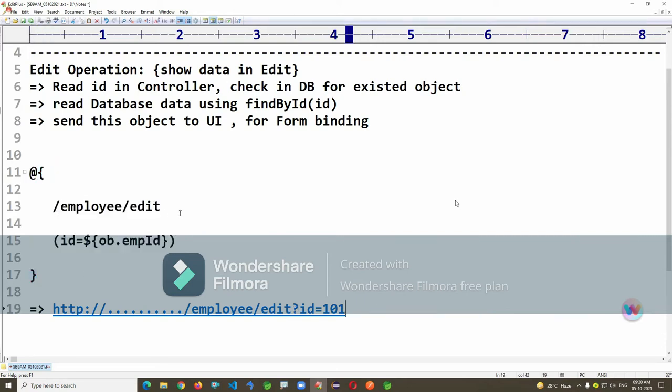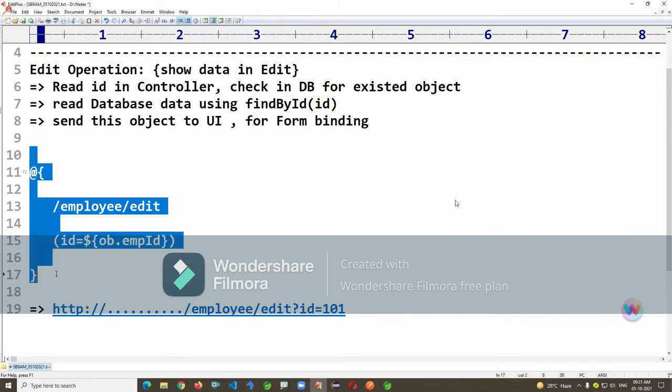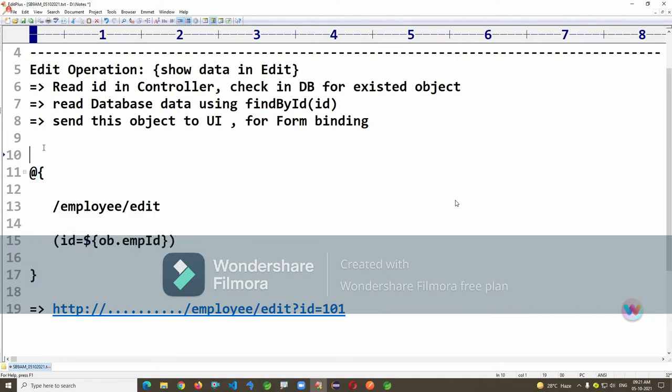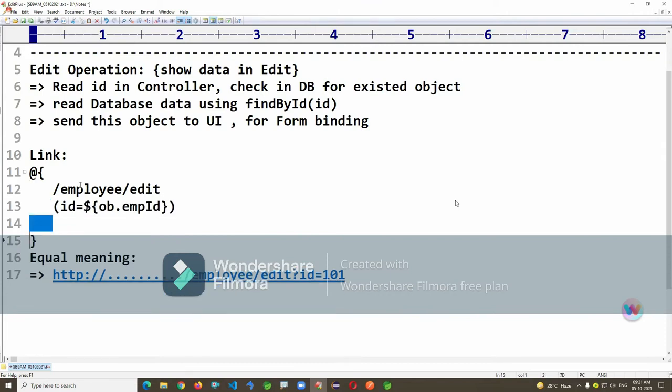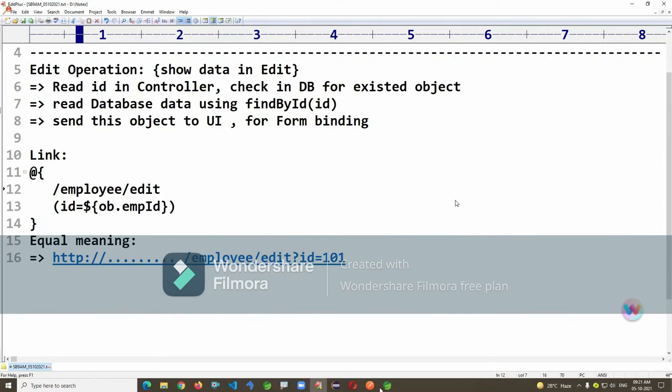Okay, so static path and dynamic path. See, this is a dynamic path here. This ID is static here. Of course, this one, even though it's static, is always fixed. We have to go to a particular one here. So it's an equal meaning here. Okay, the link we gave like this, the equal meaning will be converted to this one. It's a static path and dynamic path combination here. Just for your understanding, I wrote it in multiple lines. It's single line content.